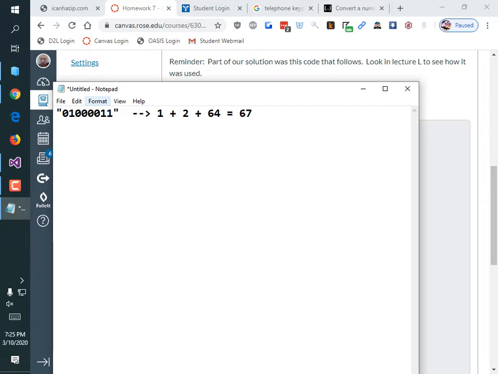It would be kind of neat if we could write a program that said, just enter a number. You'd type in 67, and it would display the bits are 0, 1, 0, 0, 0, 0, 1, 1. That'd be cool. At least I think it'd be cool. So the way we're going to do that, there are lots of ways. There's an algorithm you could use where you divide by 2 each time and you take the remainder and you build a string. Or you can just use something that's already provided for us